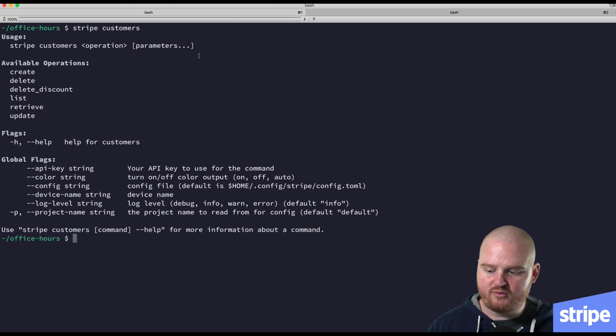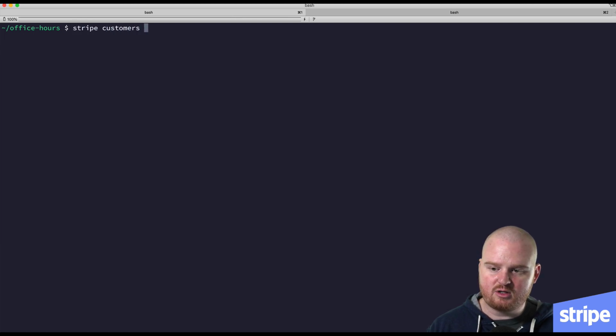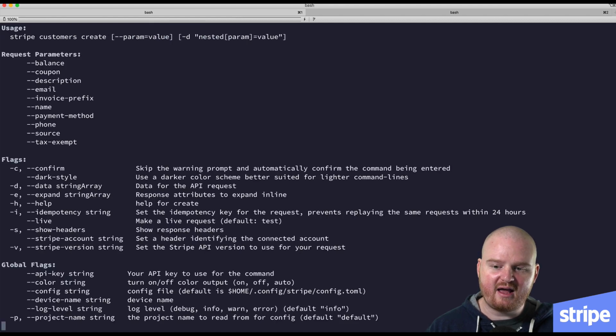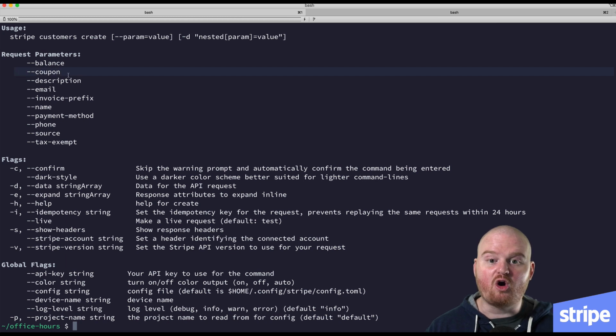Okay, cool. So what if we say stripe customers create, and maybe if we add the --help flag, that'll give us some more information about what we can pass. So here in the request parameters, these are just some of the params that we can pass. So if we say stripe customers create --balance or --coupon, we can pass in arguments